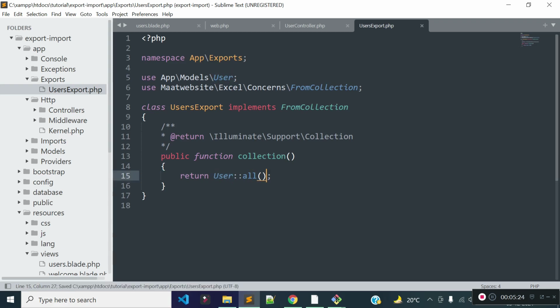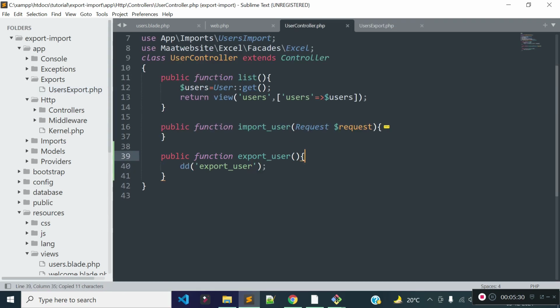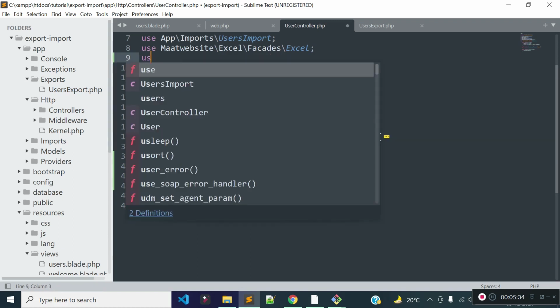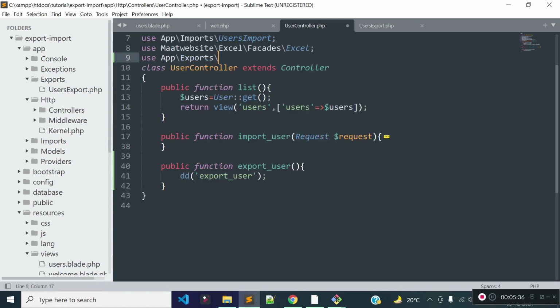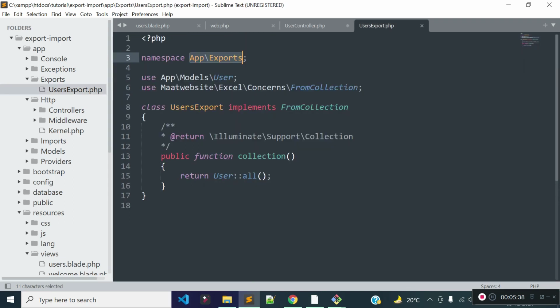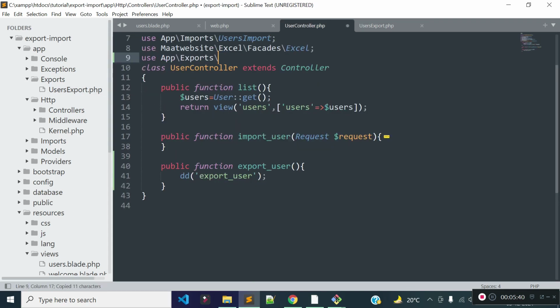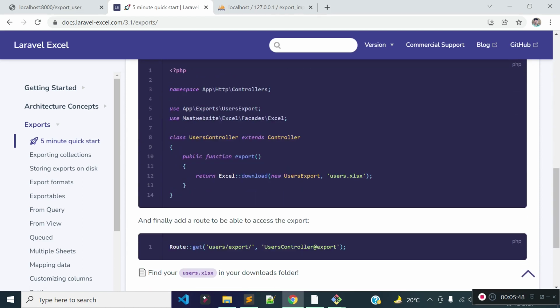Okay, save this file and then let's use this UserExport inside our users controller export method. So let's include the UserExport here. The class name is UsersExport, and then let's call this UserExport inside this export_user method. So let's check the documentation for how we can call this.